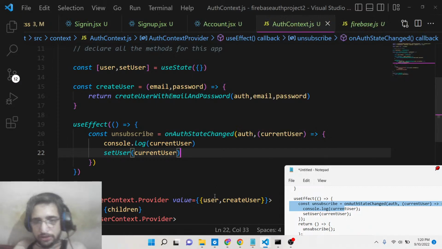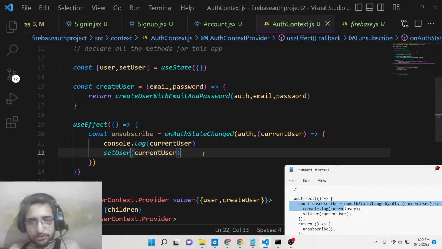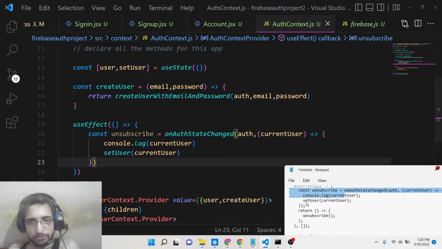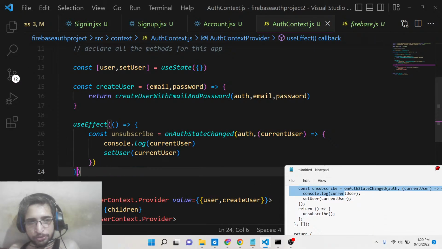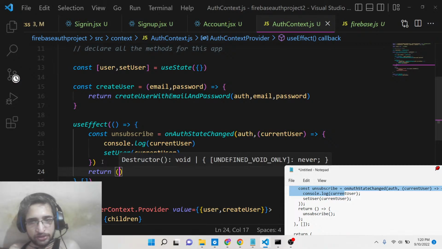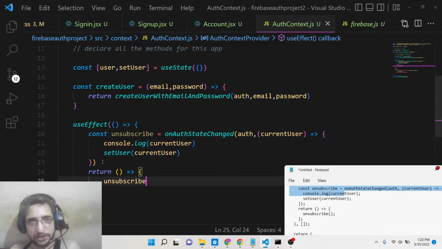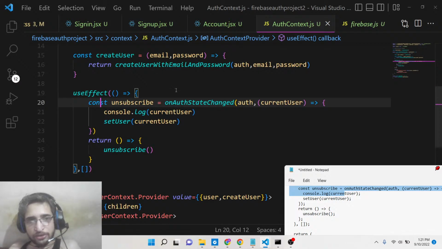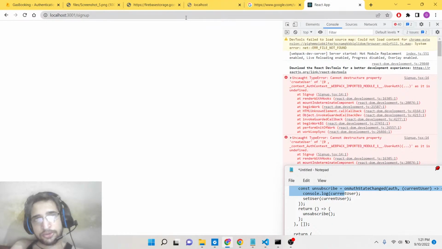So now we are passing the user here as well. After this, what we need to do is that we also need to put empty brackets here. So this is not dependent upon any property. This will only execute once. So return, and what we need to return from this is the function which we defined, unsubscribe. That's it. So I think that now this error will not take place. If I go to it,